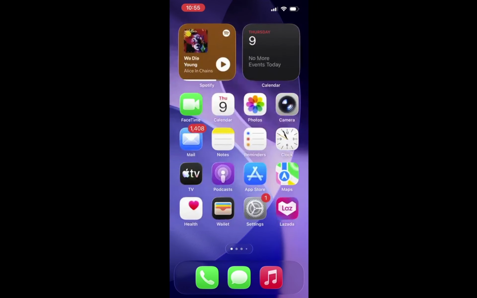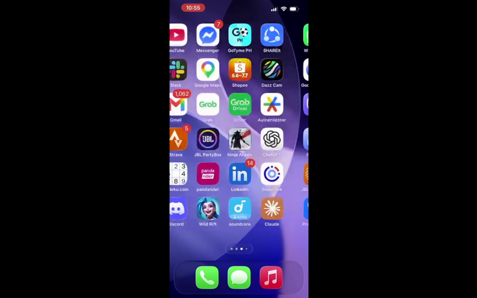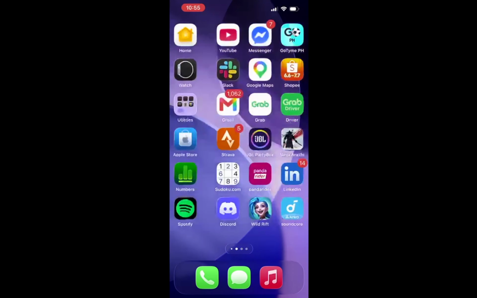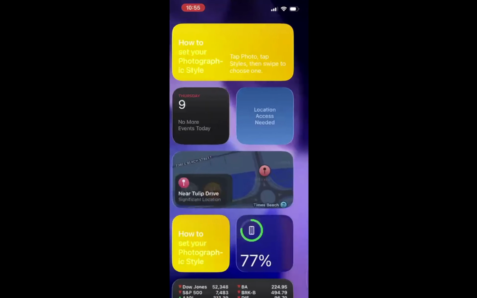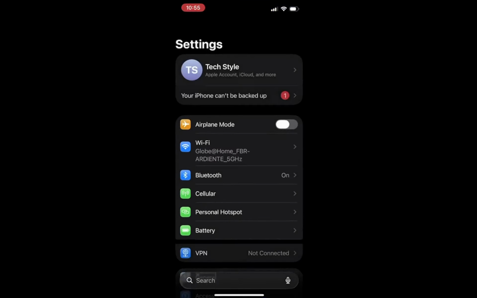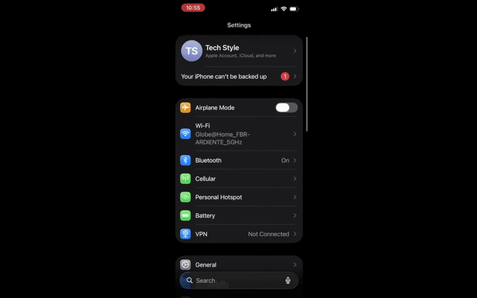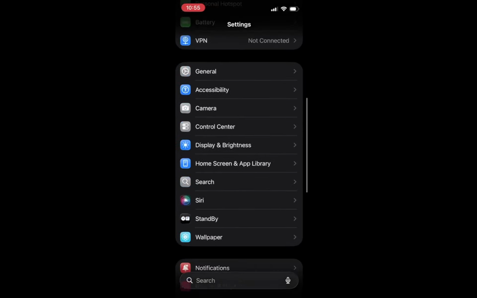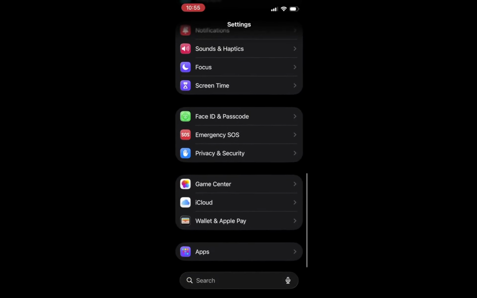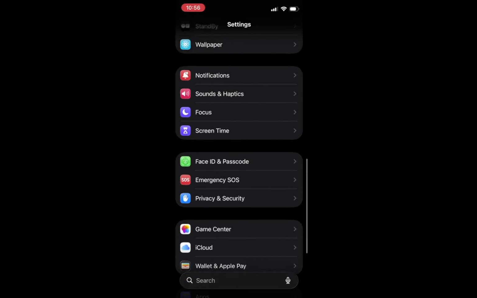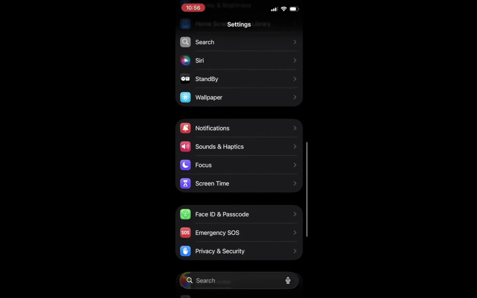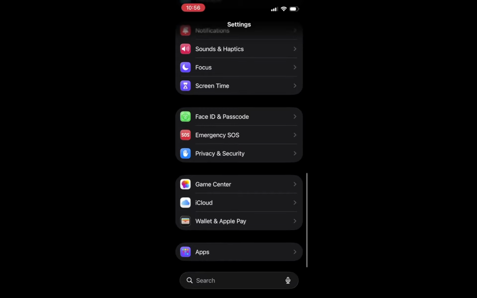If Safari is hidden instead of missing, we need to take a different approach. Start by opening the Settings app on your iPhone. You can find the Settings app by looking for the gear icon on your home screen. Tapping on Settings opens up a menu with various options. This is where you can adjust many important features of your iPhone. It is vital to know how to navigate this part of your device as it holds the keys to customizing your experience. Now tap on Screen Time.